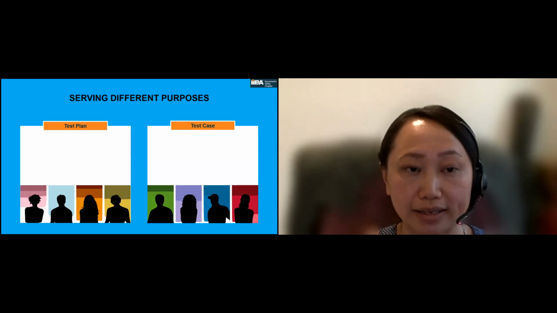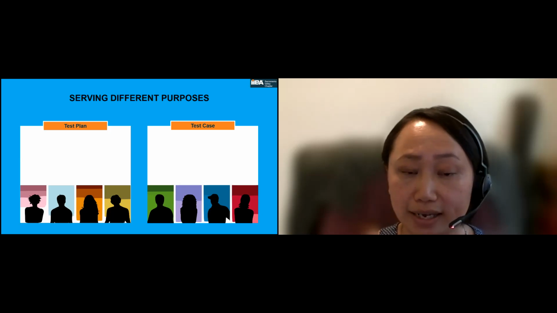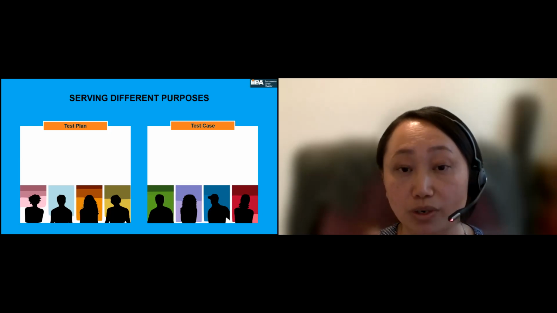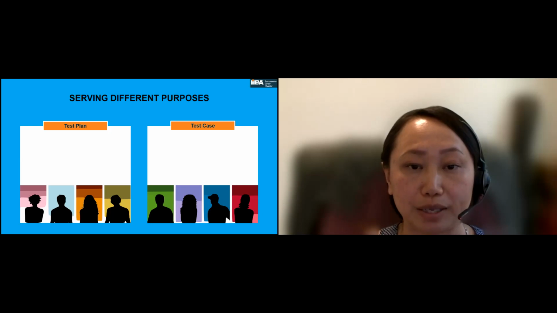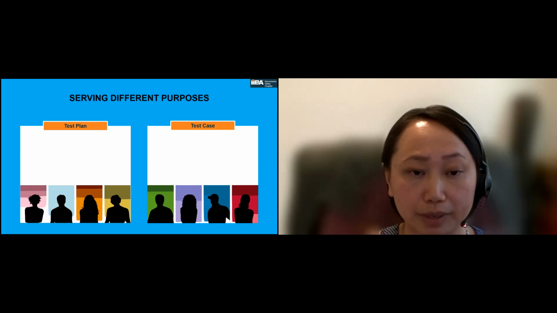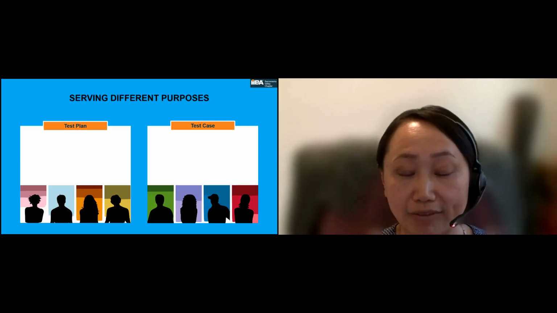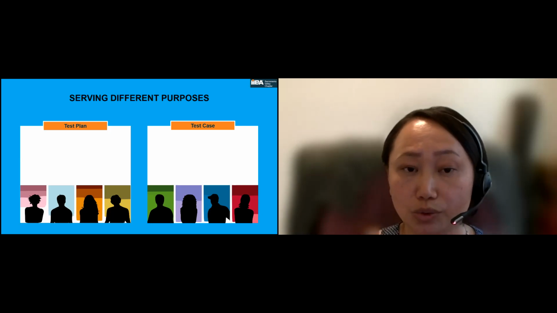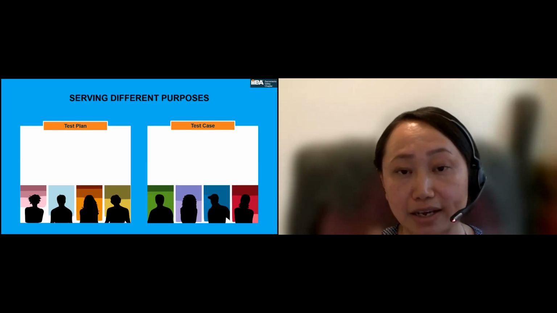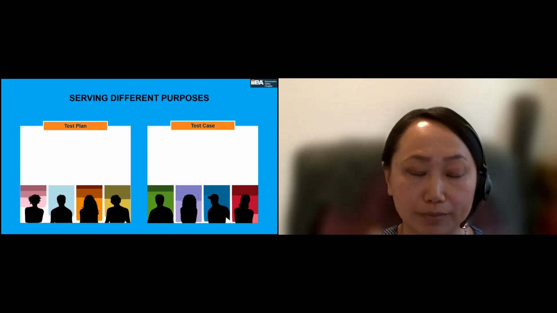It's really that high level overview of what it is that you intend to do in order to successfully say that you've tested and feel confident about the change that's going in. Whereas a test case is a lot more detailed, and the audience is typically either other testers that you may have to hand this document to, or it could potentially be your training team that may take a look at it to help build out their training.